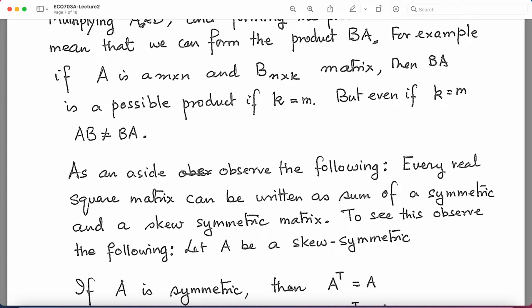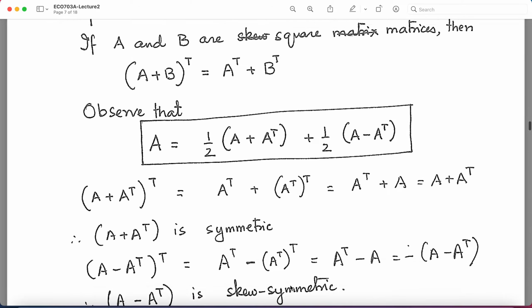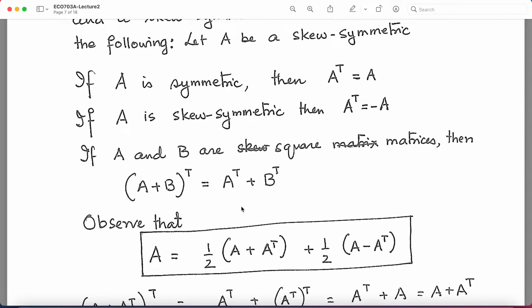As a side observation, which I learned when I was in the undergraduate, and I like this kind of observation, any square matrix can be written as a sum of a symmetric matrix and a skew symmetric matrix. So, every matrix has a symmetric part and a skew symmetric part, and it can be decomposed into those two parts. And this is very simple, because when A is symmetric, it means A transpose equals A, when A is skew symmetric, it means A transpose equals minus A, and it is a very simple